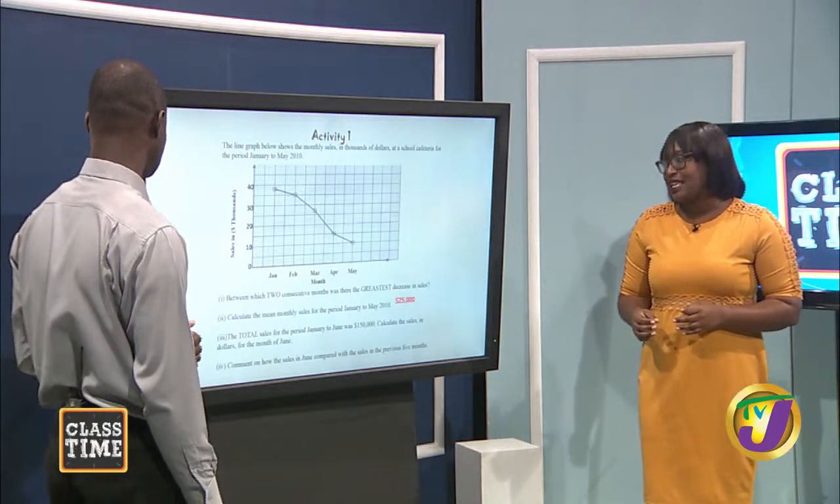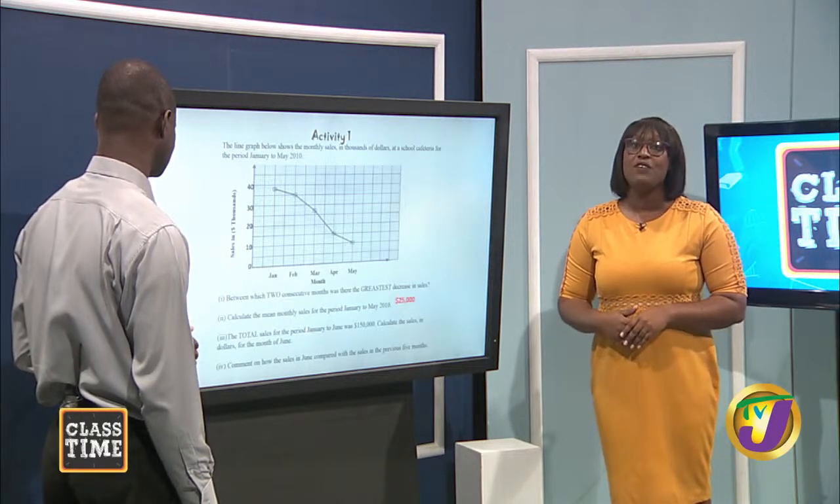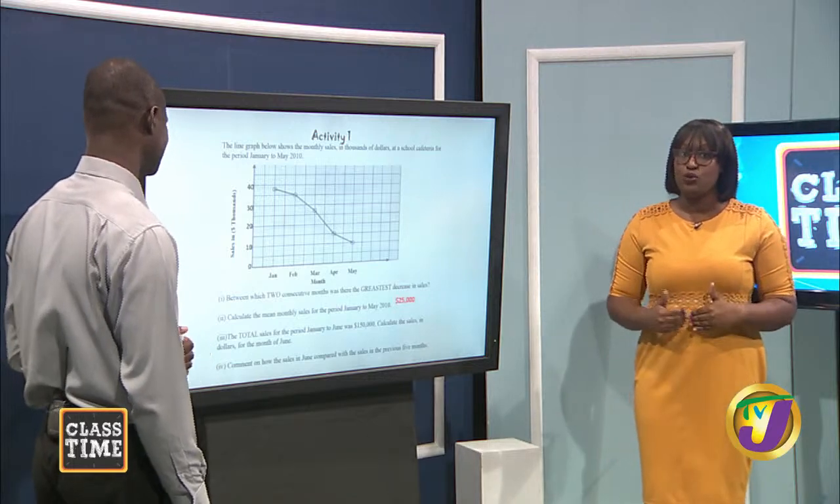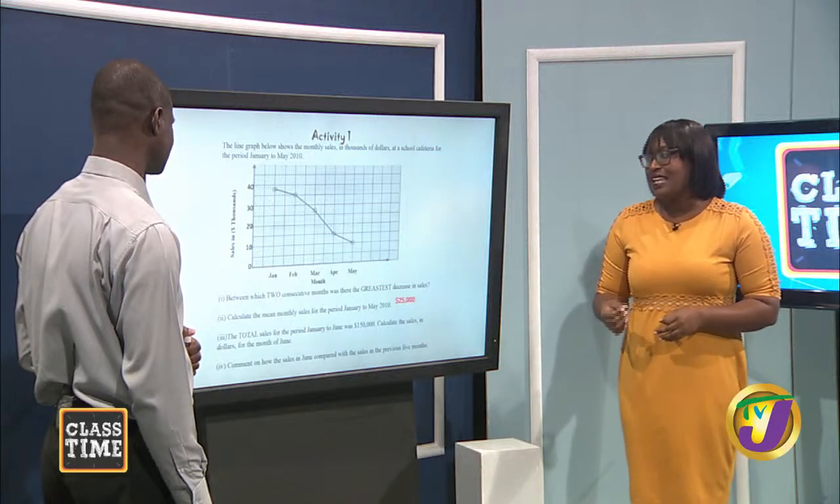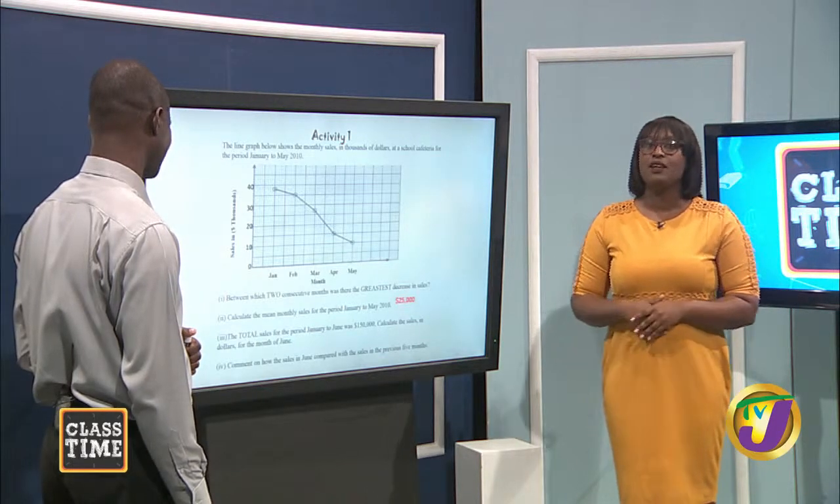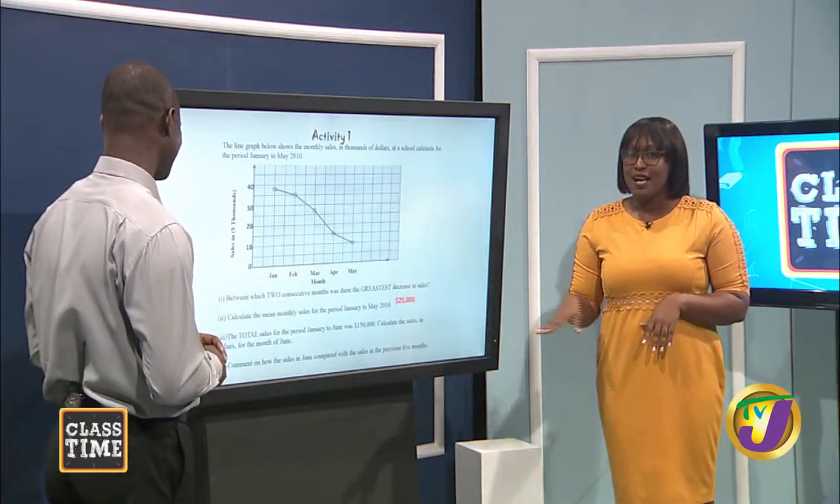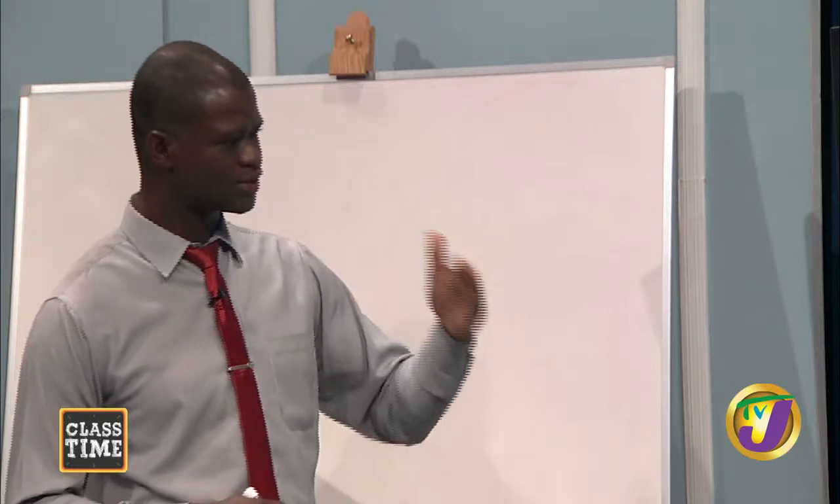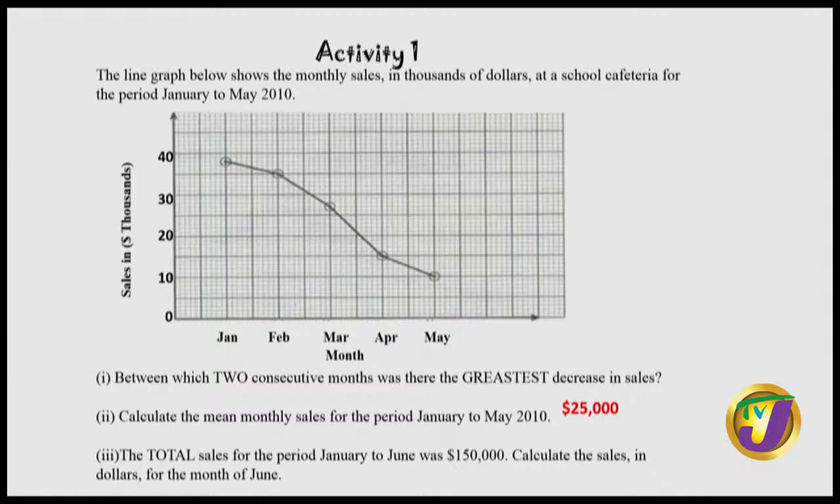So the total sales for the period January to June was $150,000. Calculate the sales in dollars for the month of June. You think there's any relationship between part 2 and part 3? Definitely. We have just ascertained that from January to May it was $125,000. Now, when it reached June, it reached